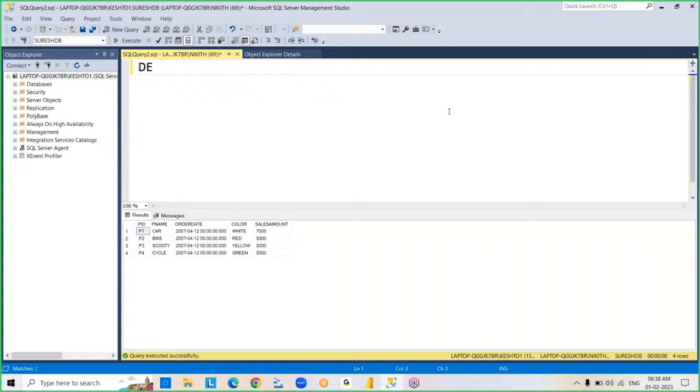So next command is delete. Used to delete the data from the table. See, we already worked with the truncate, right? Then what is truncate command? DDL commands we worked with the truncate, right? Truncate also used to delete data from the table only. But the difference is